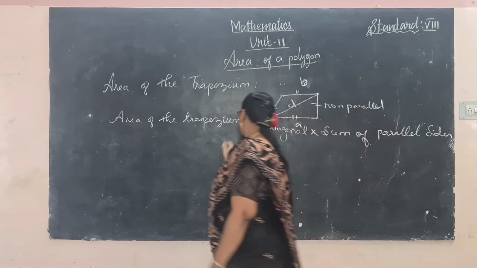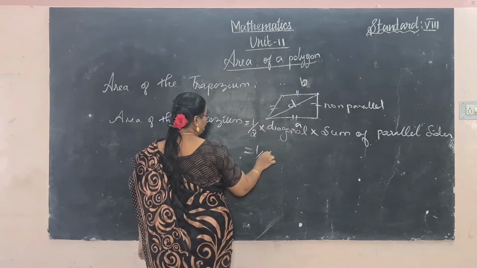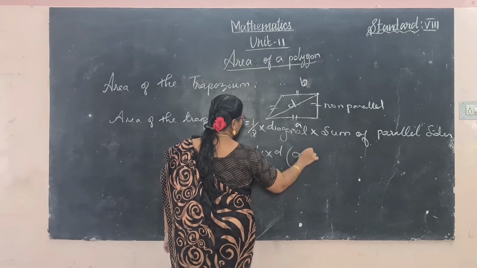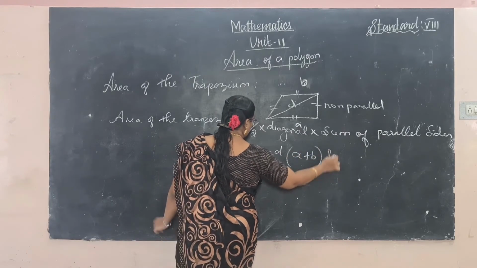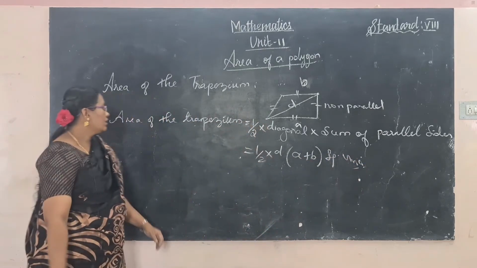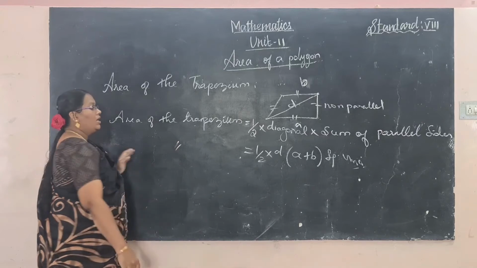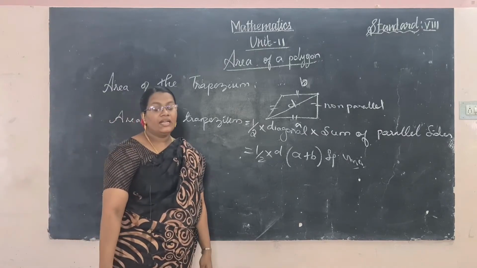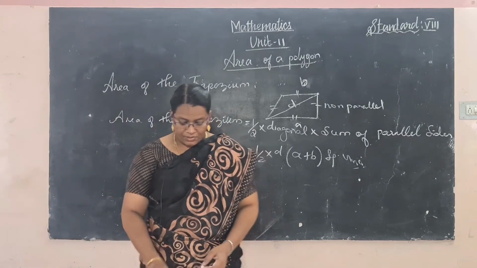That is half into D into sum of parallel sides A plus B square units. That's it. So area of the trapezium is equal to half into D into A plus B